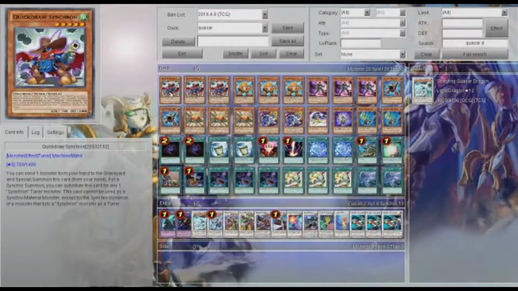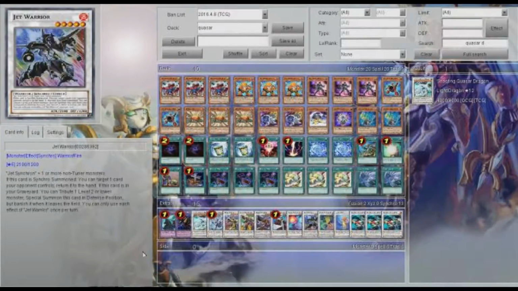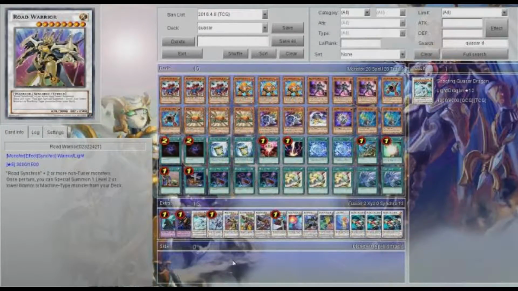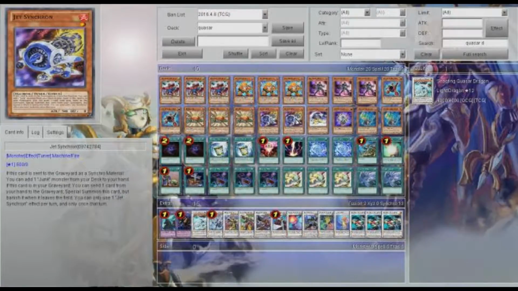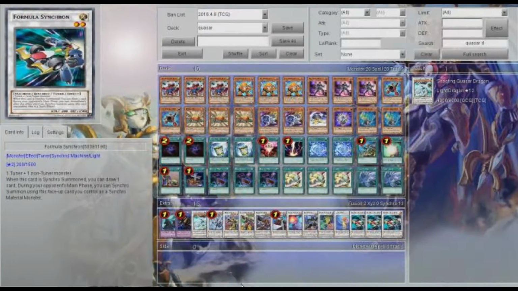Oh my god, all these Synchron names. Summon out Quick Draw, Level Leader, this fella, make him 4. Summon out Road Warrior. Summon out Jet Warrior from your deck. So you do need to have Jet Warrior in your deck. If you do not, then you cannot do the 3-card combo. And then make Formula. So you draw 1 card, and then you